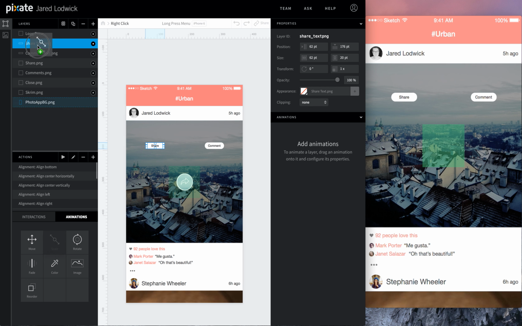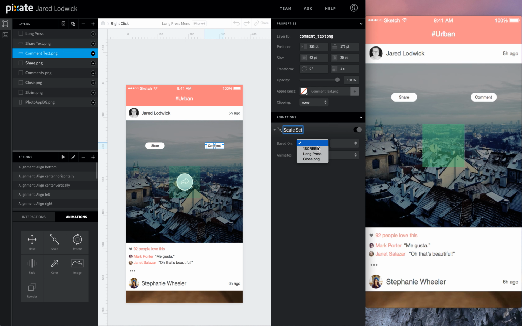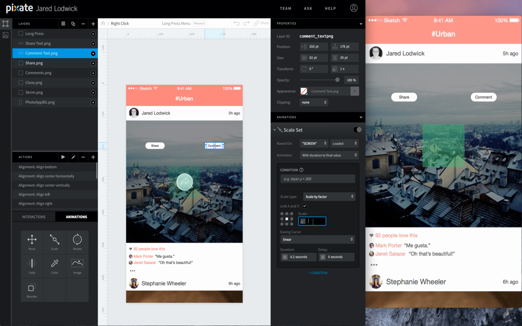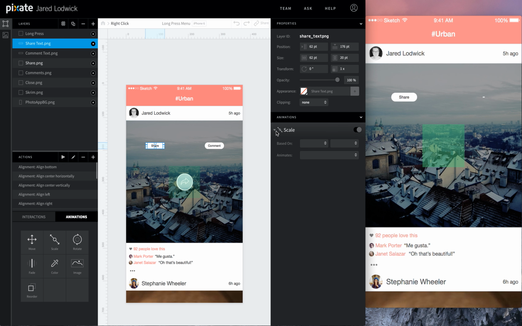Now we want these to hide on screen load, so we'll add 2 scale animations. These are going to be scale set. So we'll just say when screen's loaded, scale down to 0 instantaneously for both of these.